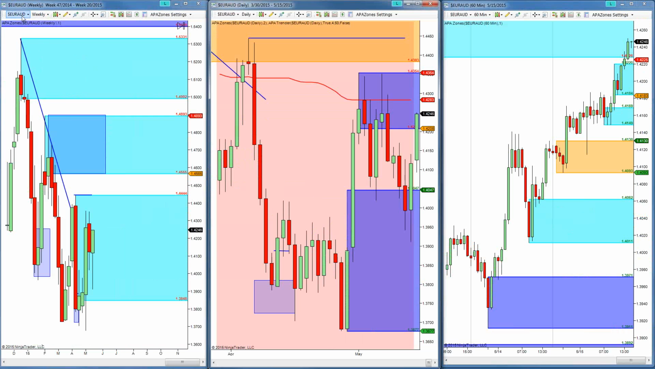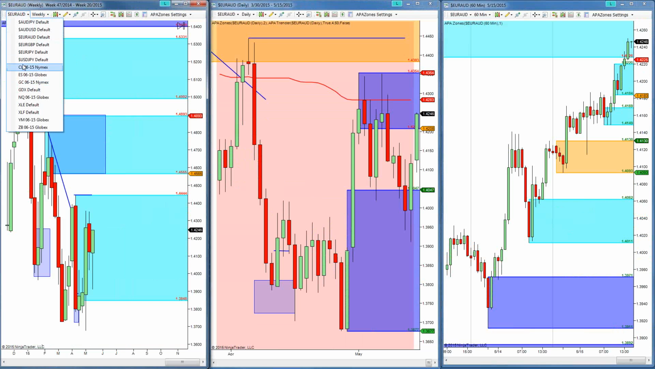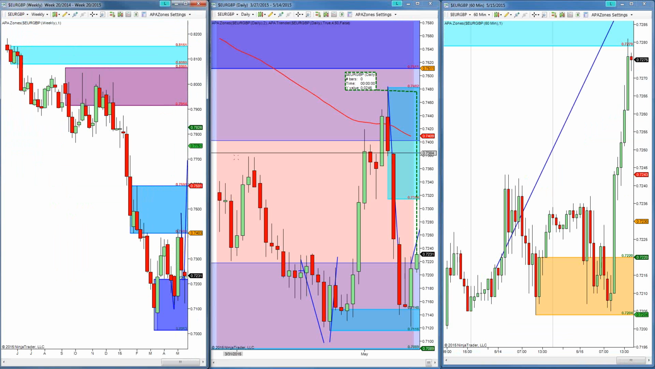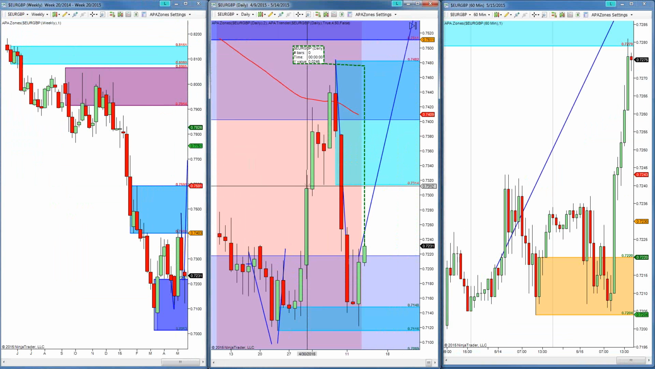And let's move on to our next. All right, so that was the Aussie yen and the euro pound. Let's take a look at the euro pound. Oh, the euro pound. This is pretty cool. I've been busy on this one, but anyway,